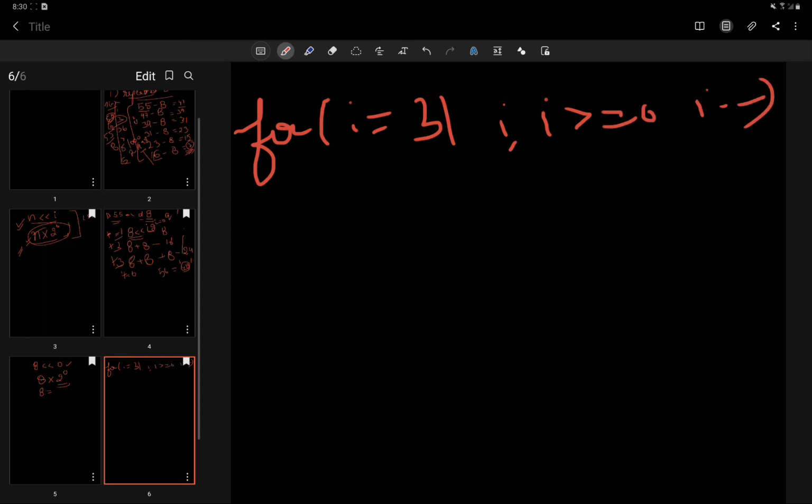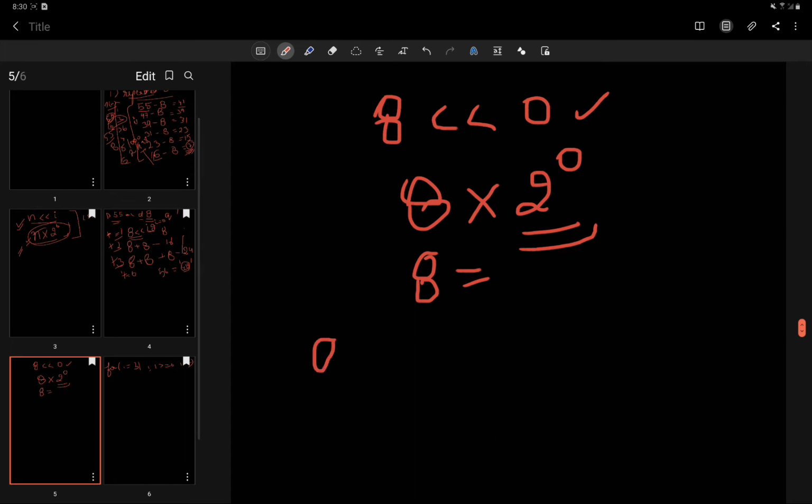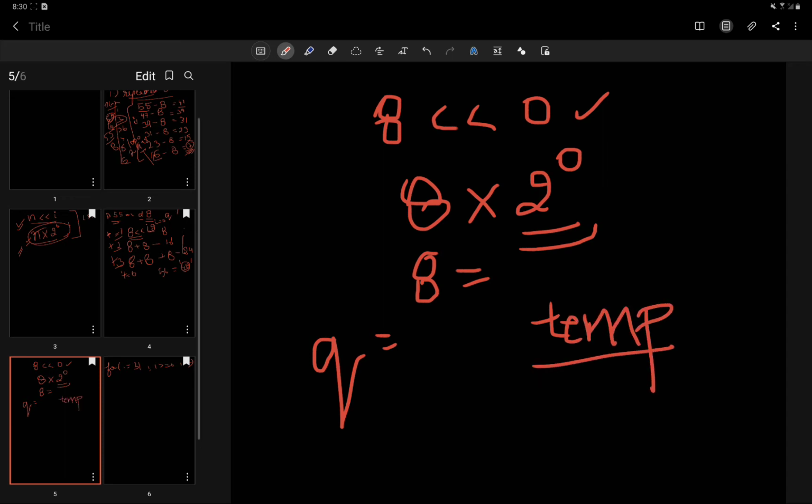All right. So we have taken two variables before that. One is our quotient, where we will be storing our answer, and another one, temp. This temporary variable will be telling us how many times 8 is being added.